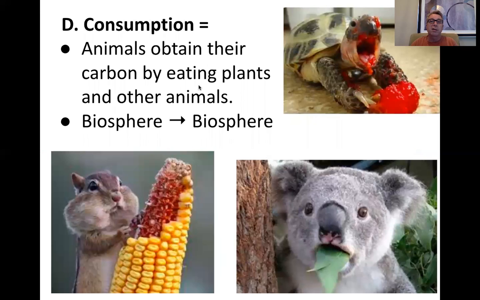Okay, next is consumption. All right, so I know it looks like he's eating something bloody, but he's eating a raspberry. So animals obtain their carbon by eating plants and other animals, right? So that we talk about the correlation between photosynthesis and cellular respiration. Well, we're talking about consumption, and it is from the biosphere to the biosphere, right? Because regardless of whether they're eating a plant, it's a living thing, and then we're a living thing, so it's biosphere